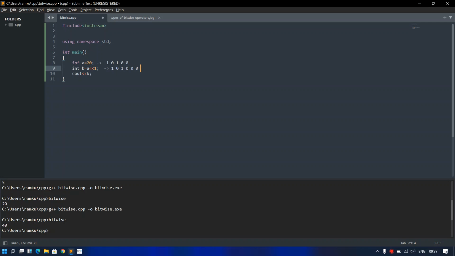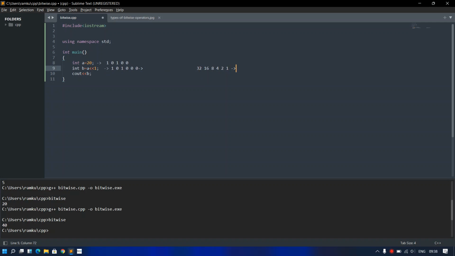Now you can calculate the value of this. If we find the decimal value, with place values 1, 2, 4, 8, 16 and 32, we have 32 plus 8.